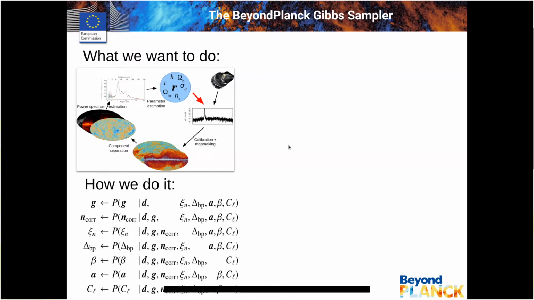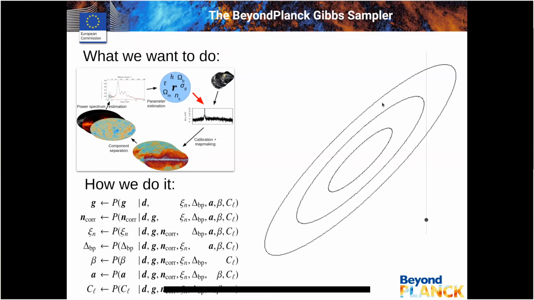So this is just a graphical representation of what Gibbs sampling looks like in two dimensions. So if we have some initial point that's shown in black here, and we have this probability distribution that is these curves. So in Gibbs sampling, first, we would hold one variable fixed and select a new point along the axis of the other variable, and then we would hold that variable fixed and select a new point, and so on and so forth.